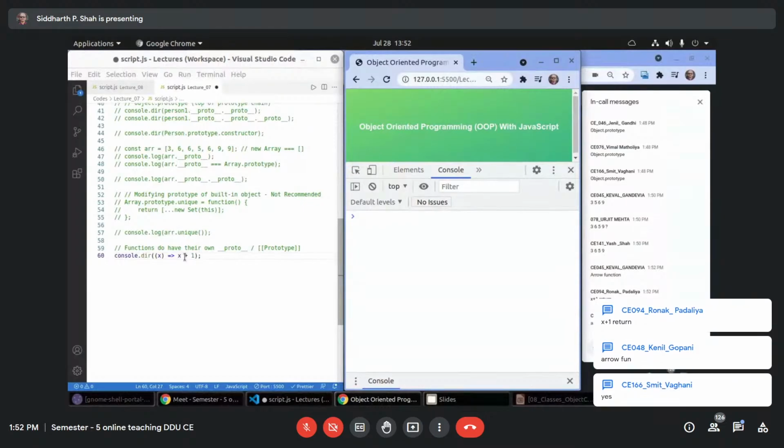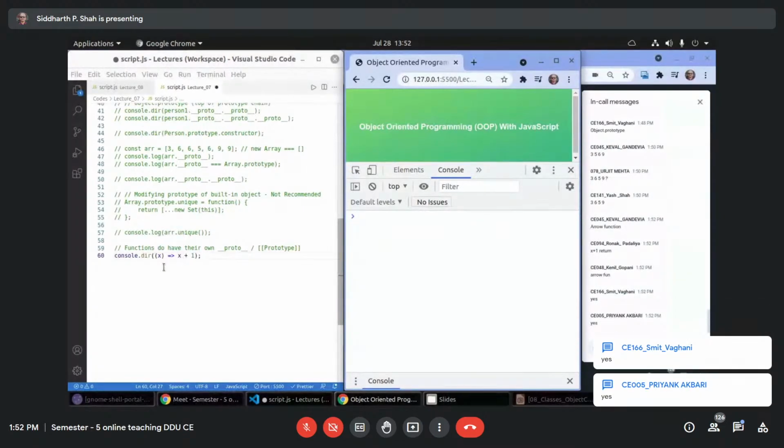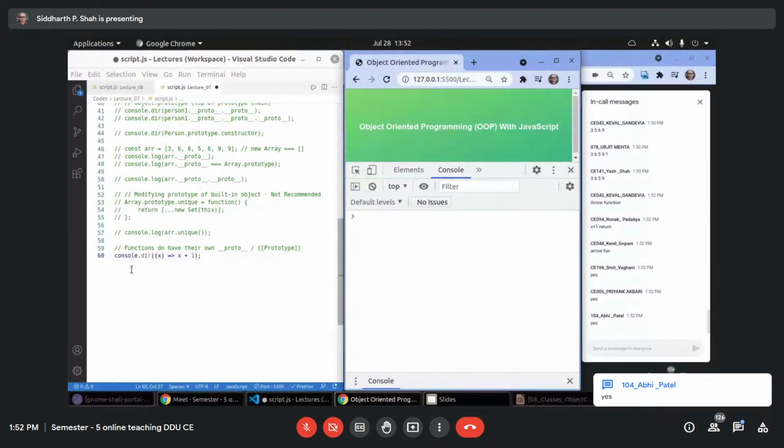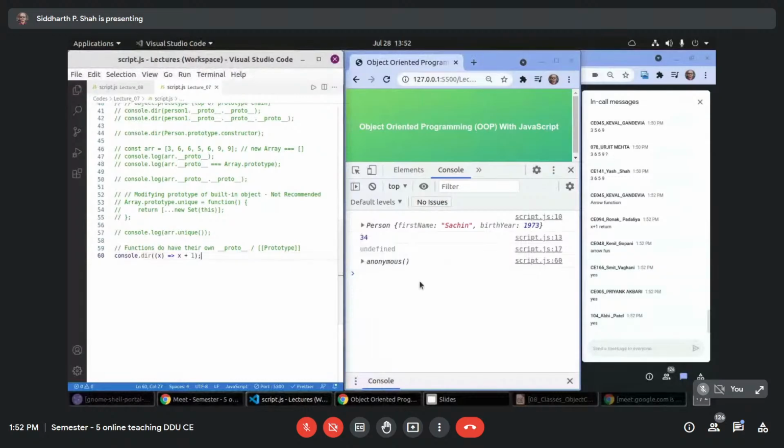Now I am printing that function here. It is an anonymous function. As there is no name, it is anonymous. But it has its own prototype attached to it.